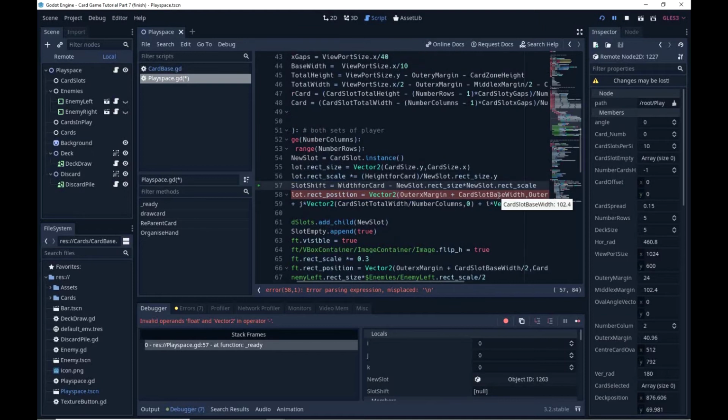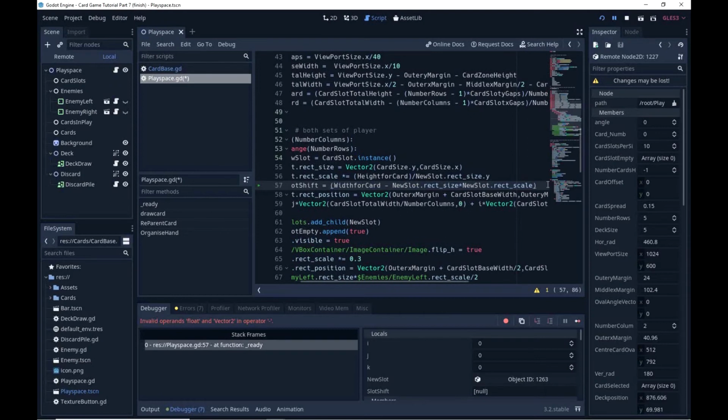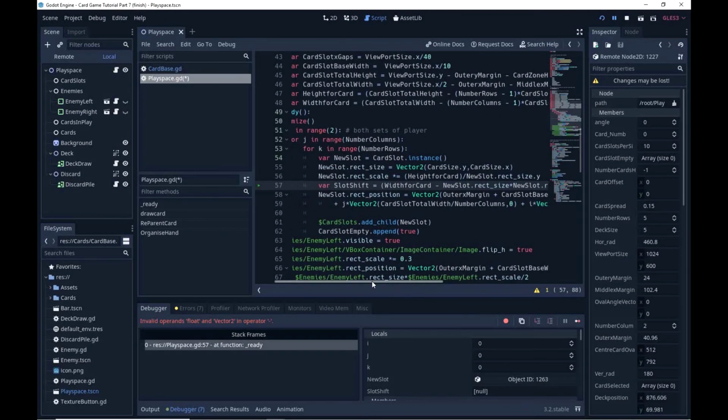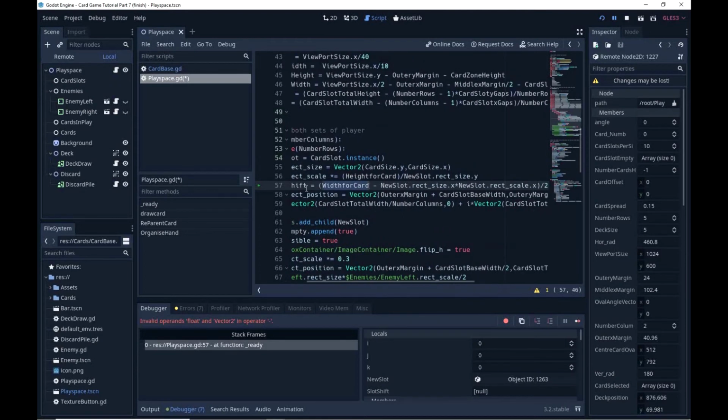If I just minus this and added on this bit of slot shift, that's it from the left-hand side to the right-hand side. What I want is just half of this value here. So a quick shortcut in Godot: if you highlight the whole thing and type in brackets, it'll put the whole thing in brackets for you. So that divided by 2. And lastly, don't forget you only want the x coordinates of this size and this scale. Then we're done. If we just add that slot shift to my rectangular position,